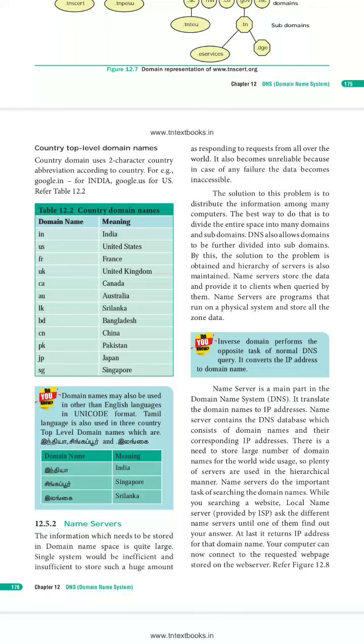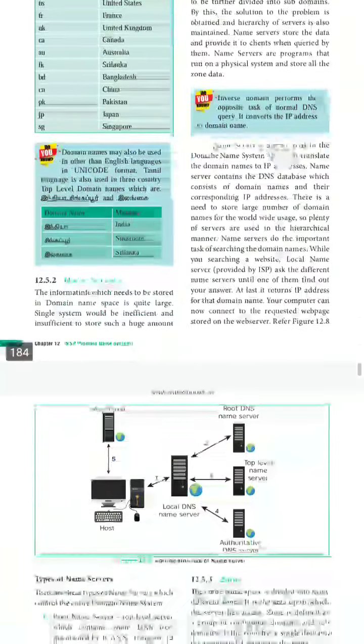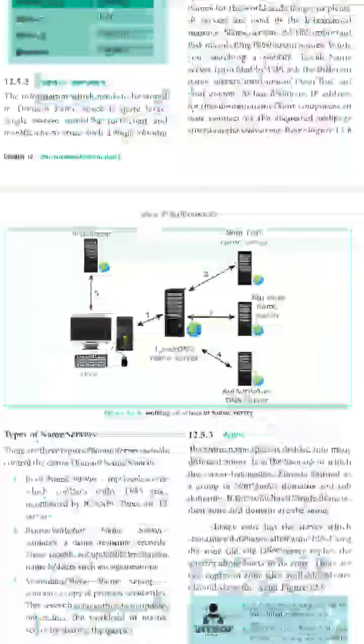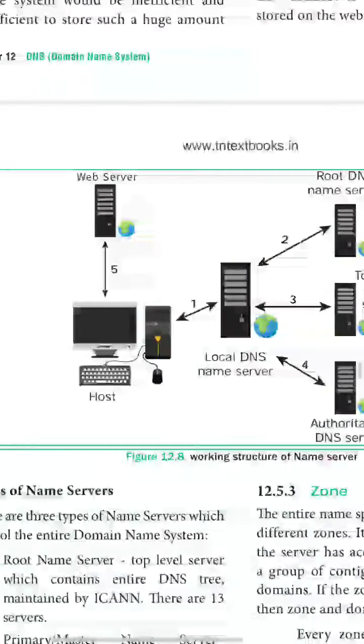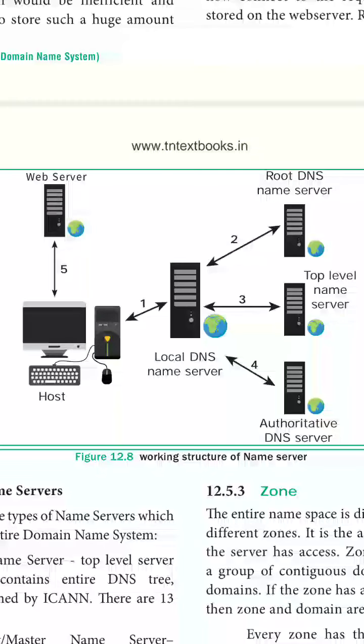So you can see that in figure 12.8, this host is the client, a mobile phone or computer. When you type a URL or domain name, it first checks with the local DNS name server. If the query is not resolved,